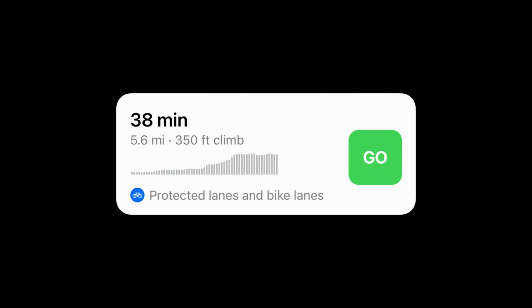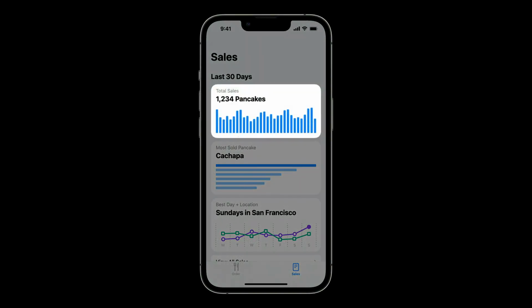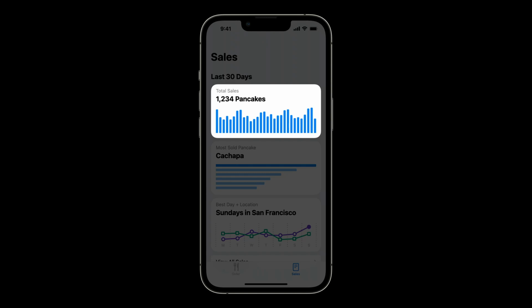A well-designed accessibility label could then label a section of bars with from 3.6 miles to 4.4 miles, climb 100 feet, descend 5 feet. In contrast, if a chart is a tiny preview inside of a button for opening the same chart in more detail, it might make more sense to summarize the entire button, chart and all, with one label.